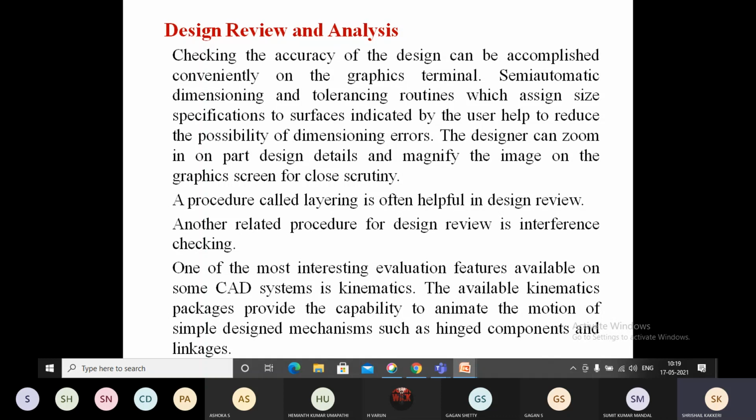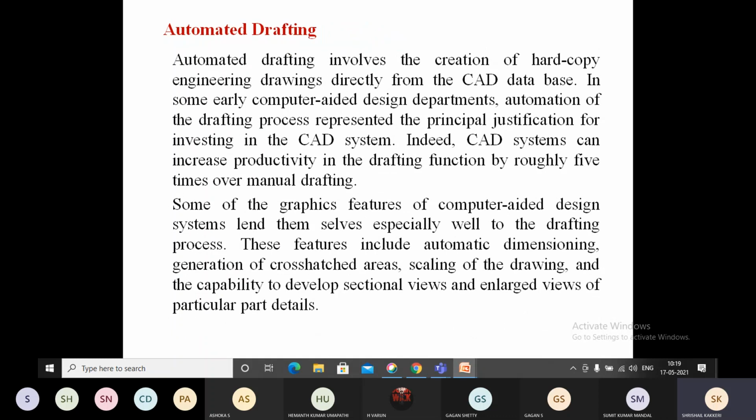Just like analysis is, and automated drafting. And now in this section we are talking about how, automatically, we are going to create the drawing of the object. So here the errors will be avoided once we create the sectional view of the object. We are going to do assembly and create the sectional view, and we can create the automatic drafting, and wherever we require to create the dimensions, all these we can do automatically